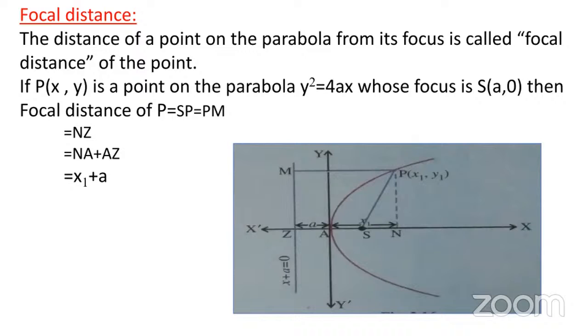If P lies on the parabola, the distance between the focus and that point is the focal distance. If P(x, y) is a point on the parabola y square equal to 4ax, whose focus is S(a, 0), then the focal distance is